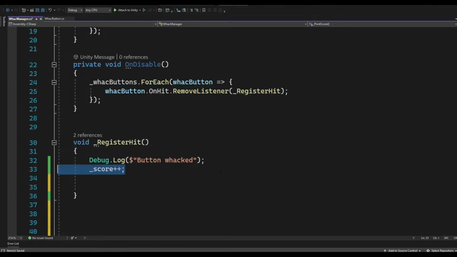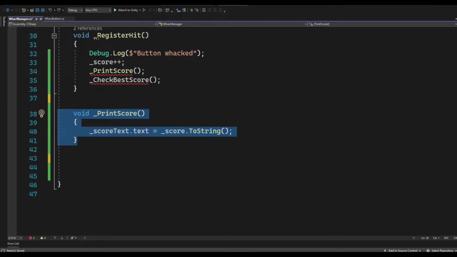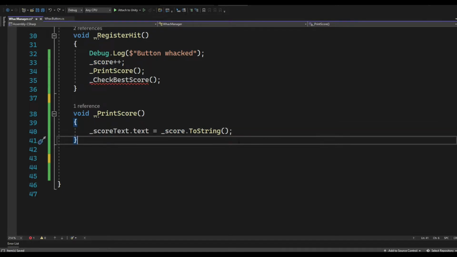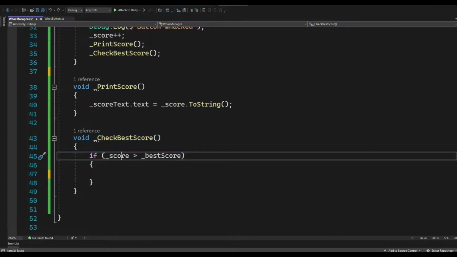In the register hit function, we will need to increment the score. Also, we want to print the new score and check for the best score. For the print score, we just want to add to the score TextMeshPro the score variable as a string. And for the check best score, first we will test if the new score is greater than the best score, and if so,